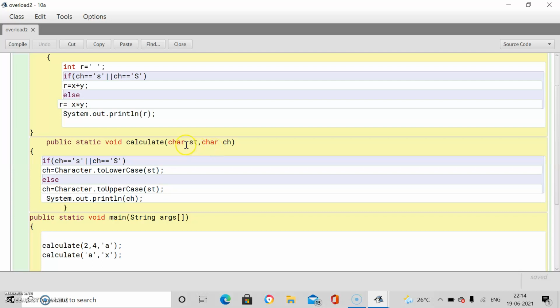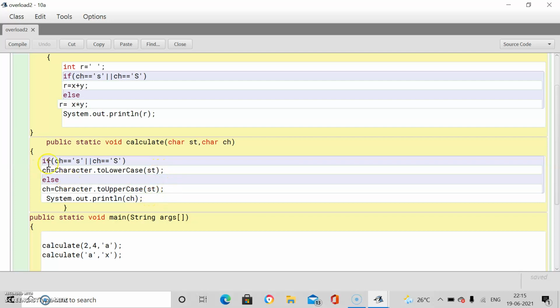So now control comes over here, then this line will get executed. What we have to do in this: we check if the value of ch is small s or capital S, then we will convert the value of st we have passed to lowercase, otherwise to uppercase.